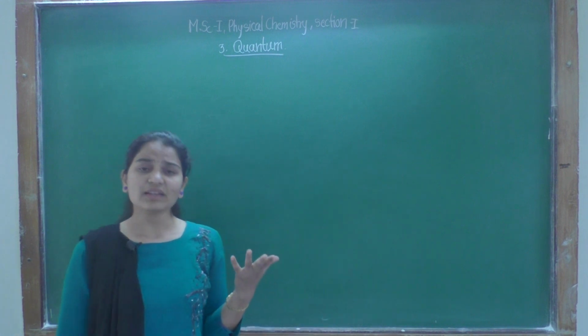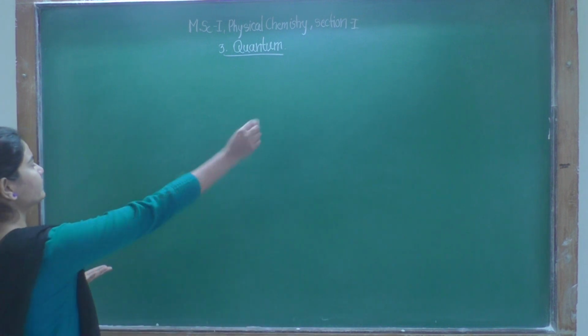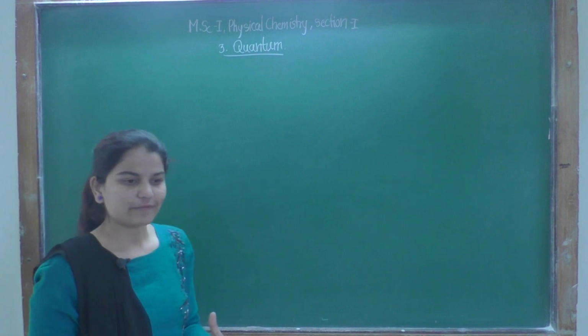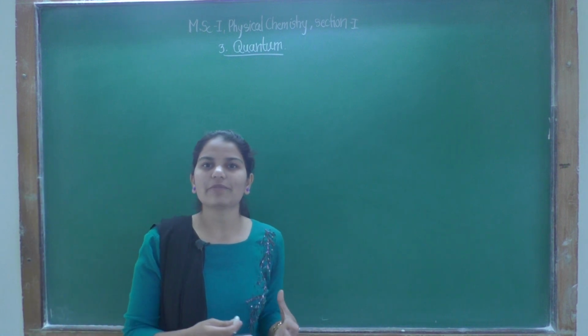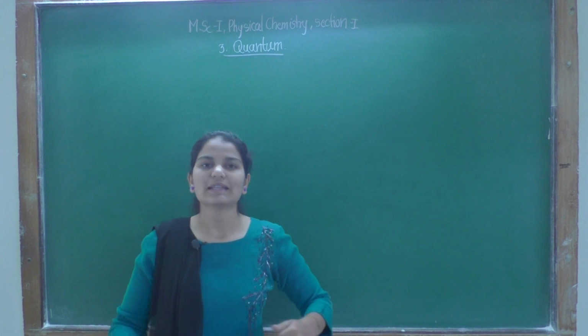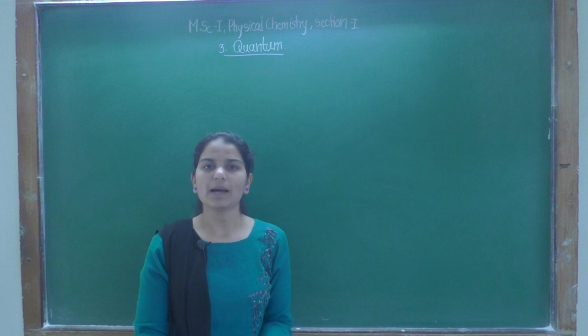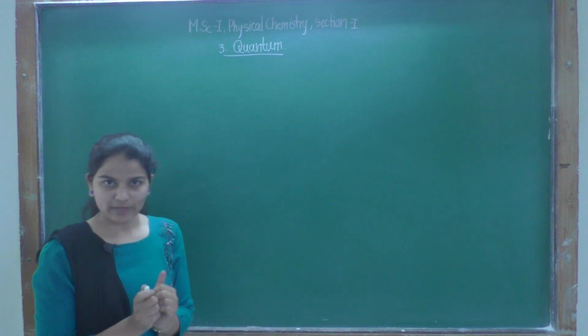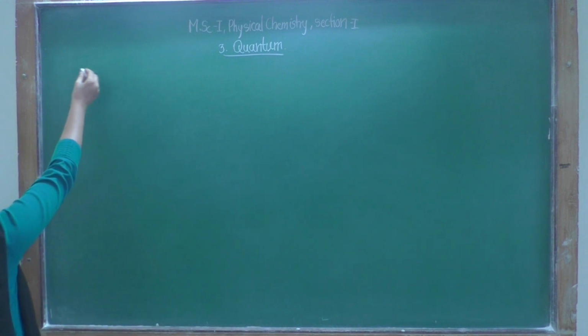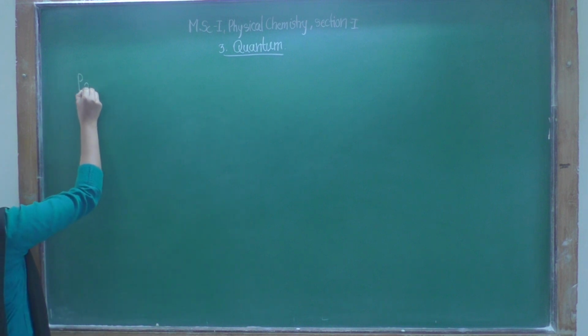So, our second postulate is for every observable. We have seen that for every observable in classical mechanics there is an operator in quantum mechanics, right. But here what kind of operator is there in quantum mechanics is very important. So, postulate second states that